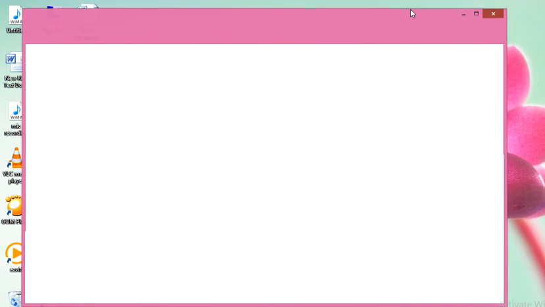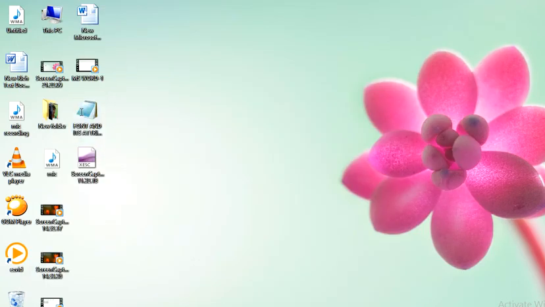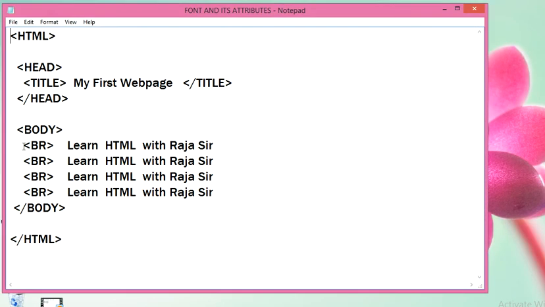So just open this file in Notepad and use the font tag. Write font tag in capital, font, and student, a font close should be there, slash font.